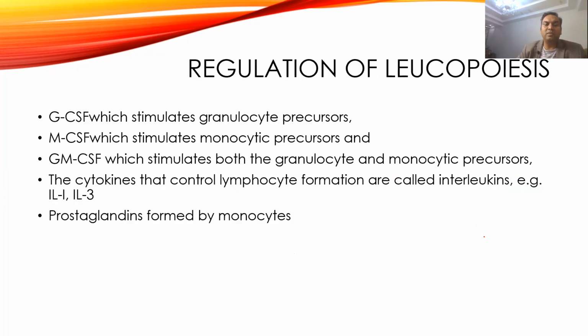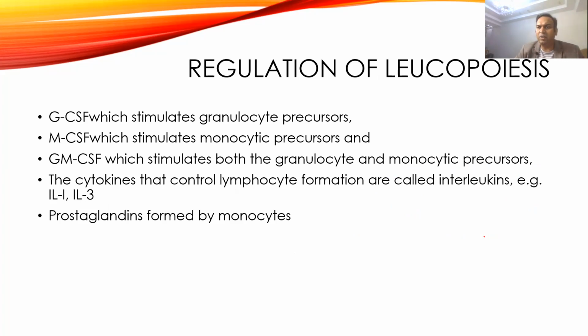Then come to the factors which regulate leukopoiesis. So the differentiation occurs by the colony forming units. Similarly, there are colony stimulating factors. So G colony stimulating factor will promote the granulocytes. M colony stimulating factor will promote the monocytic precursors, and GM colony stimulating factor will promote both granulocyte and monocyte formation. And interleukins,